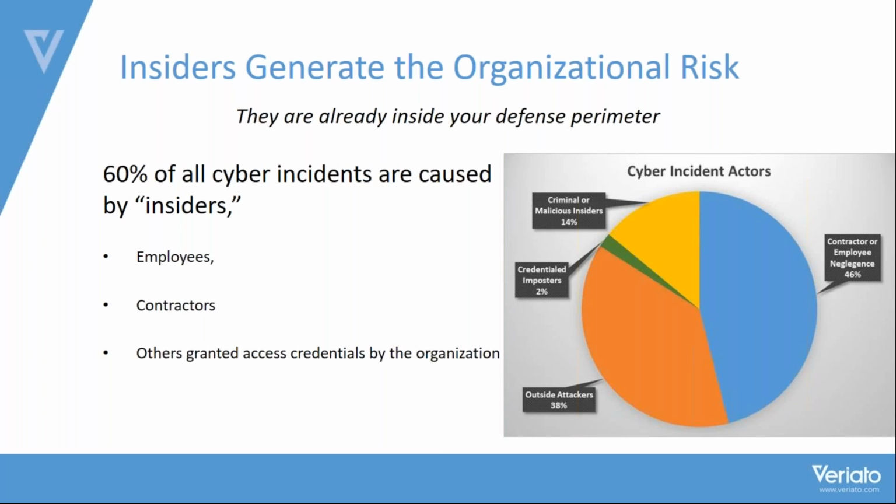And let me kind of break that down for you a little bit of how that works out. So only 38% of the threat, you see that again in the orange, comes from outside, right? So 2% comes, which is the green section, comes from what I call credentialed imposters. And those are criminals posing inside your company as employees. And I spent 18 years as a federal agent, so you might sit there and think, well, nobody does that. Nobody poses inside an organization or comes to get hired just so that they can steal our intellectual property. But let me tell you this, as a former federal agent, that is not true.